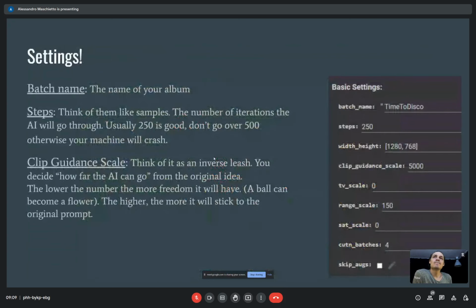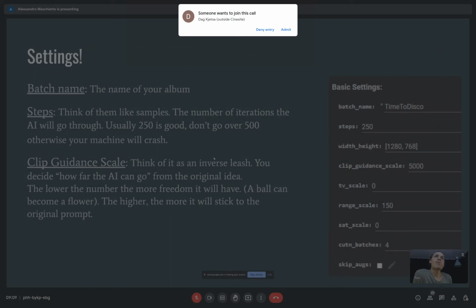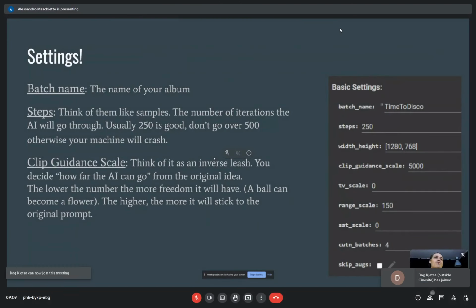Settings. When you look at the settings, there are tons of options that can be used. These are the main ones that will allow you to get something. I will demonstrate later. When you go through, you will have the basic settings. It's where you set the name, the steps, which are like the samples.